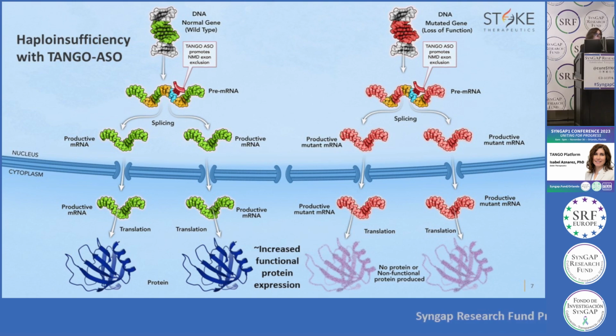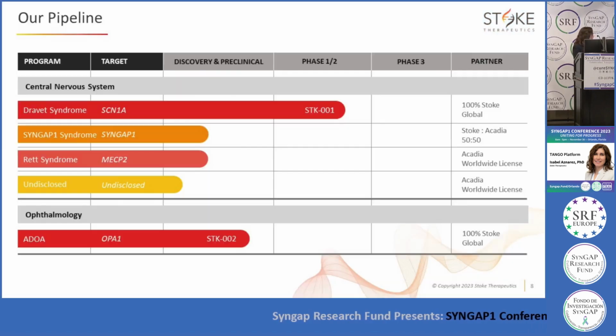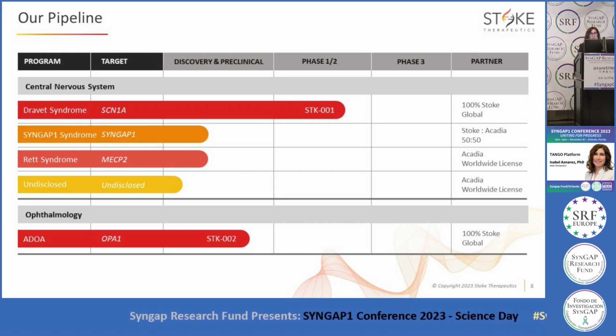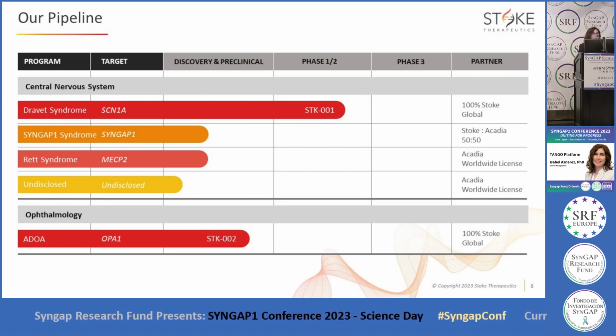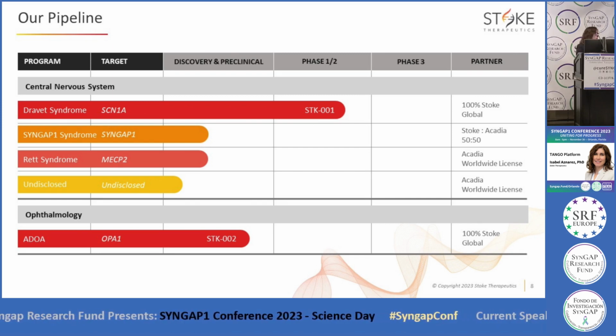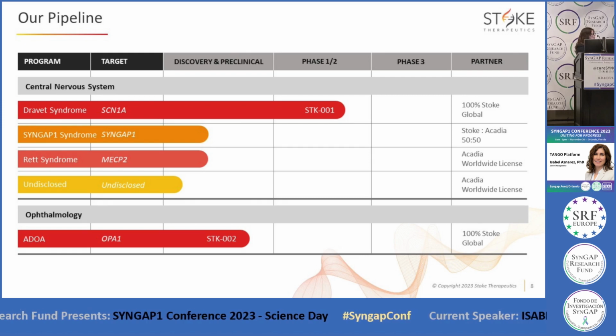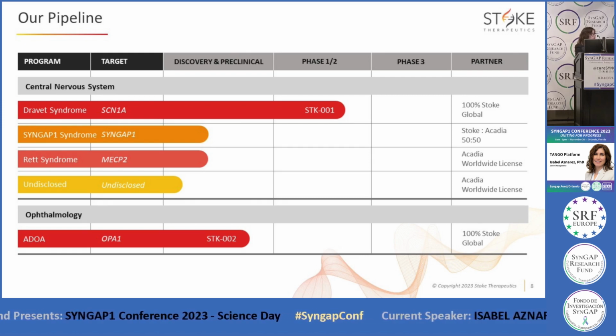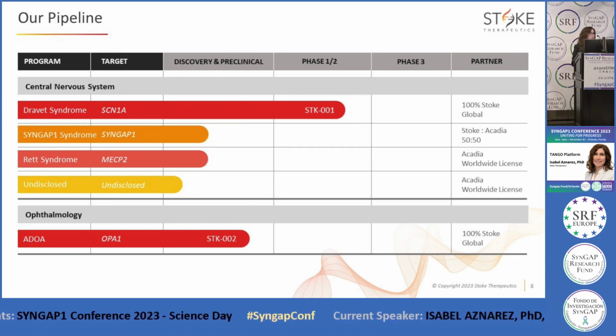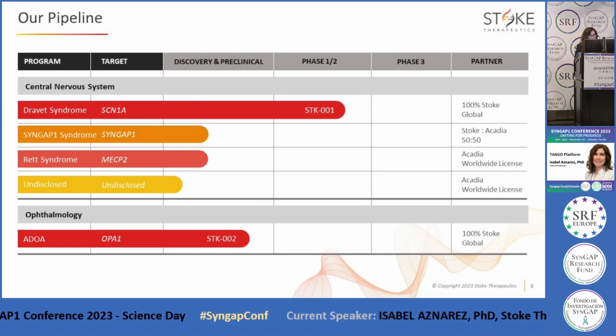So using that concept, we found many different genes that have those non-productive exons that we can target and leverage to increase gene expression. And these are the targets that we're currently working on. We're working on SCN1A for Dravet syndrome, and that's our most advanced target, and the one that I'm going to talk to you about today, because I can go from the very beginning of preclinical data all the way through a summary of our current clinical studies.